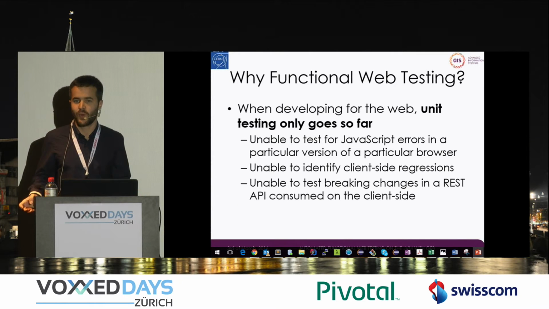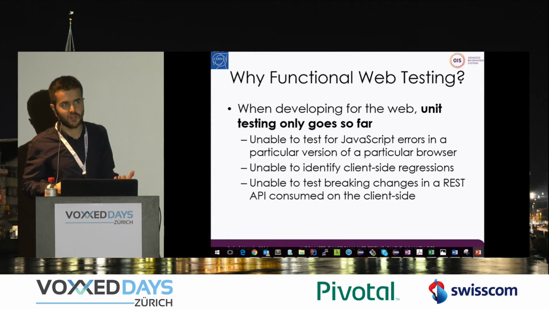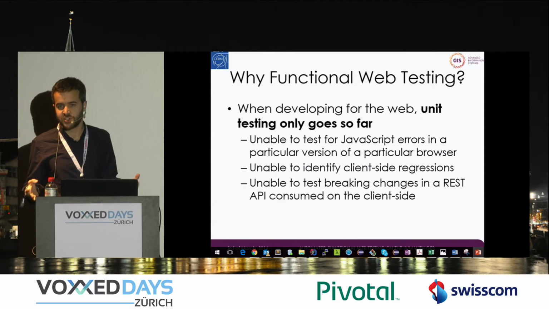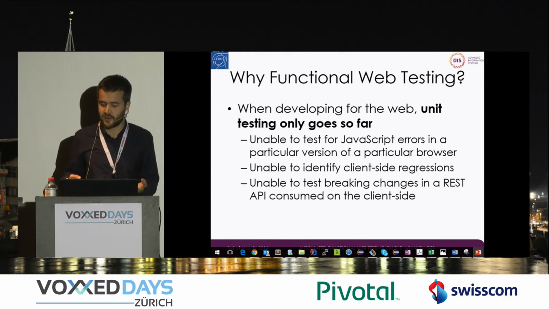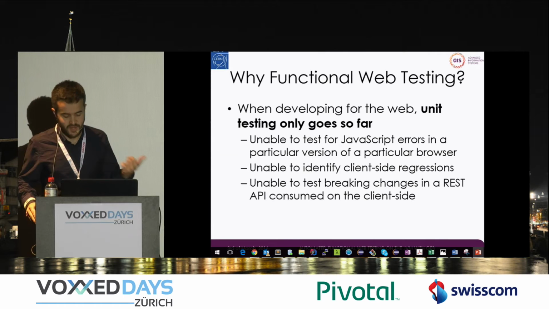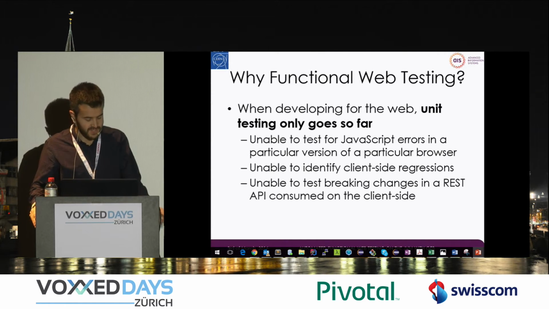And why do you need functional web testing, right? Why not just unit testing? Well, because when developing for the web, unit testing only goes so far. Some web application errors typically come from a JavaScript error, which only happens in a particular version of a particular web browser. Very recently at CERN, we were developing a web application for managing some dashboards for the beam instrumentation. And